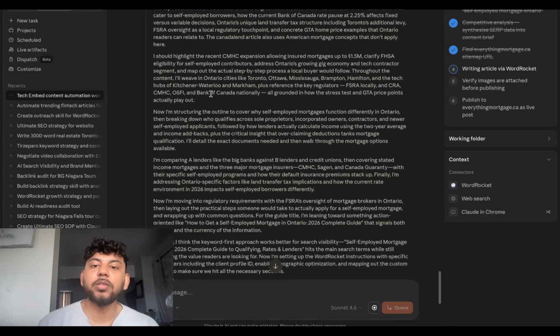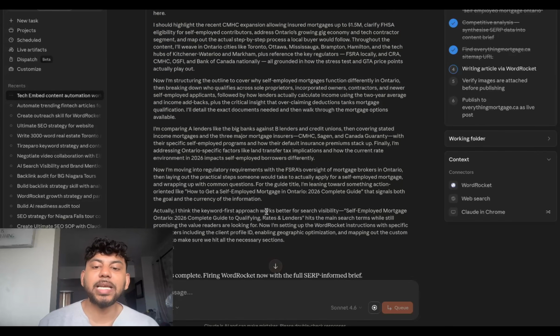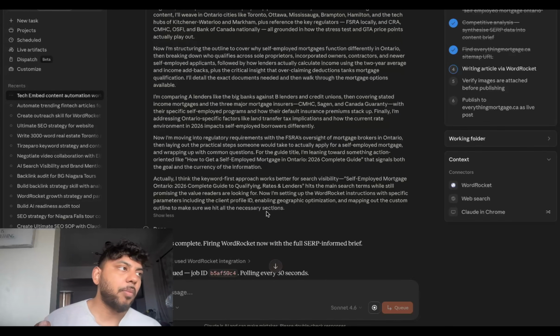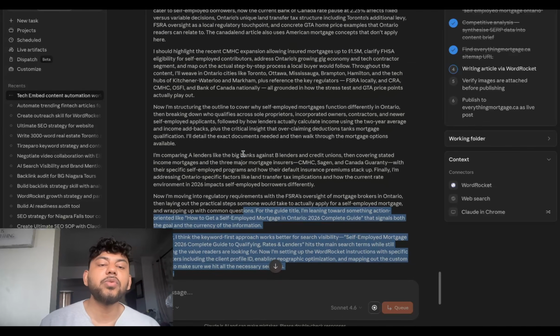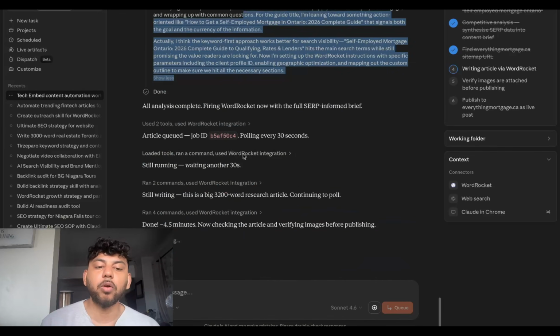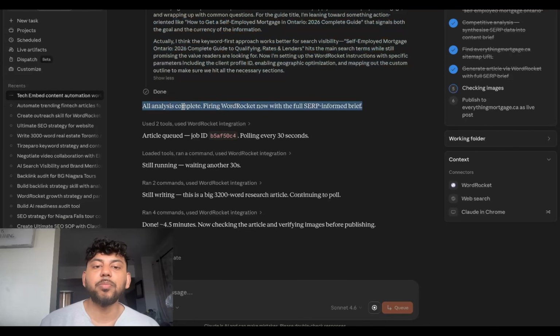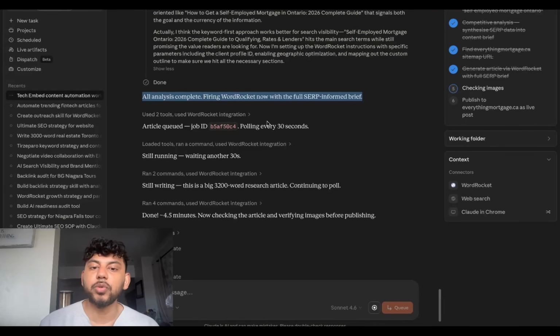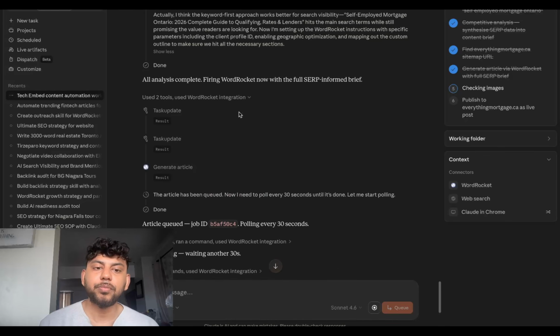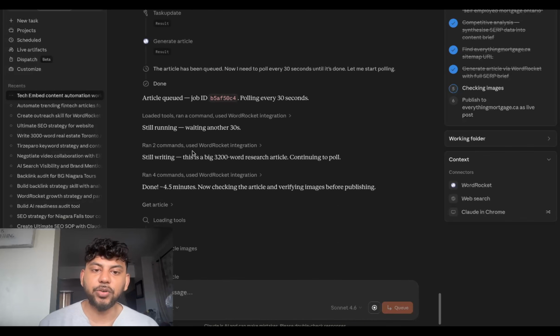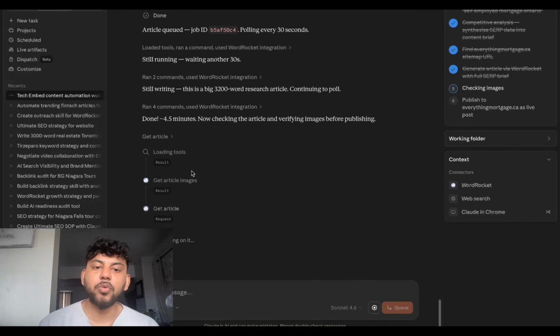So it tells us what we need to do. It tells us exactly what our competitors have done and the content gap analysis of what we need to write about if we want to outrank our competitors. And once the analysis is completed, it then fires the article over to WordRocket with the full SERP informed brief. Right, so as we can see here, it's generated the article. It's waited a few minutes until the images were completed, and then it's going to post this article directly over